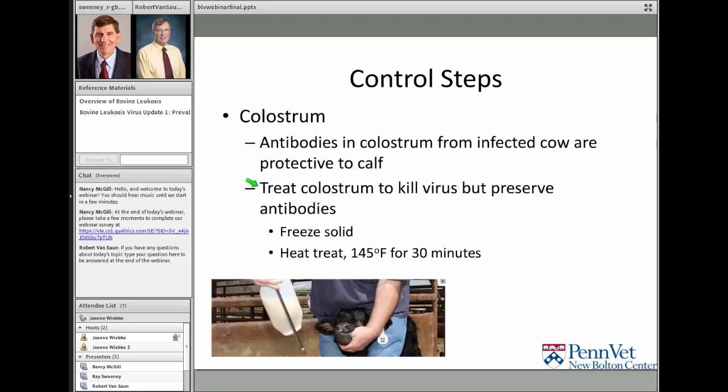infect the calf. So the idea is to treat the colostrum to kill the virus, but preserve the protective antibodies, and this can be done in two ways: freezing, and it has to be frozen solid and then thawed, and that will destroy the white blood cells that have the virus. Or it can be heat treated. This would be like a low temperature pasteurization scheme, 145 for 30 minutes, and that will also preserve the antibodies and reduce the